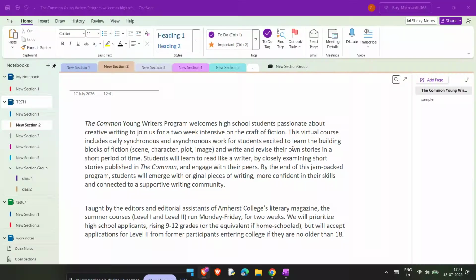In today's video, I'm going to show you how to create bullet lists in OneNote with keyboard shortcuts so you can format your notes much faster without clicking through menus. This is a simple but super useful trick if you take a lot of notes, build study outlines, or organize